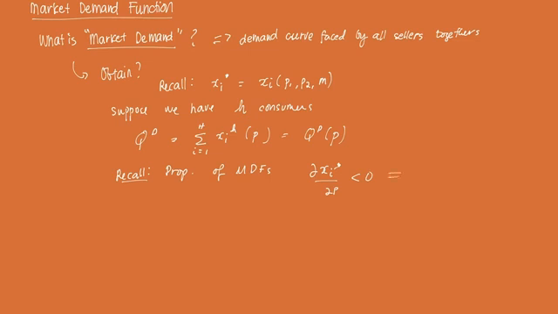It also translates to how the market demand function works. So if you derive D with respect to P, you should also expect that to be negative, because if the price of the good in the market increases, then the